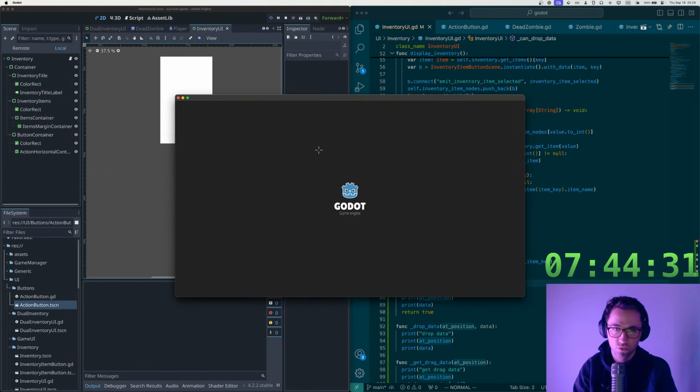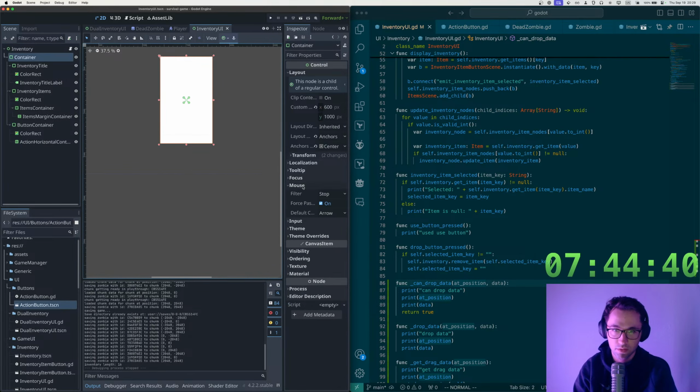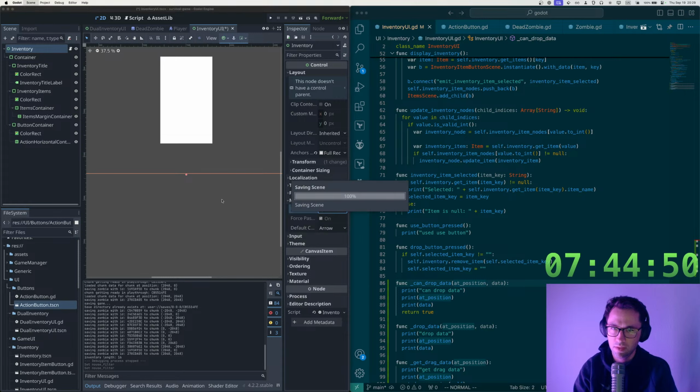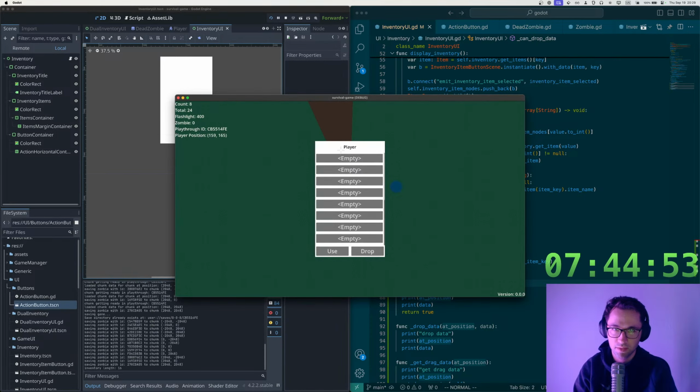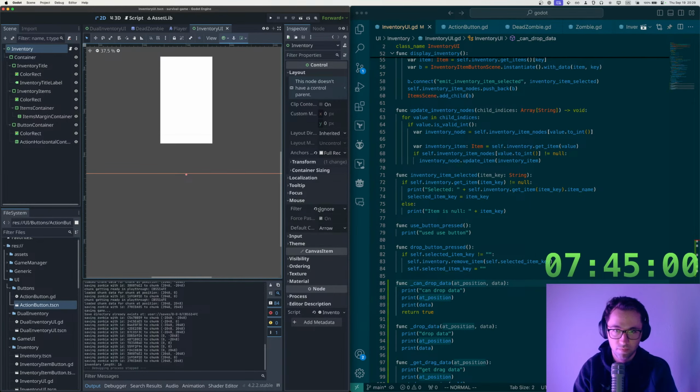Okay, so let's give this a try. I'm clicking on it. That doesn't seem to be working. So maybe then I also need to do the same for that container, and then maybe this one, but maybe not at the same time. Okay, I'm not getting any printing out. So maybe on the parent inventory,